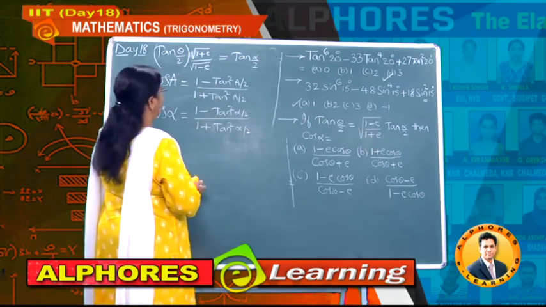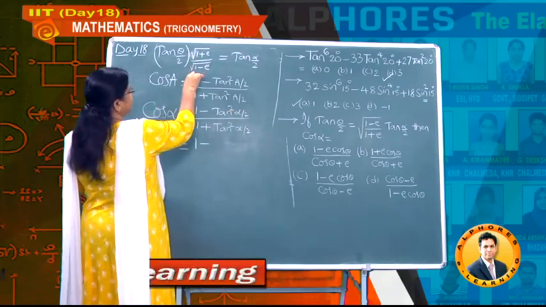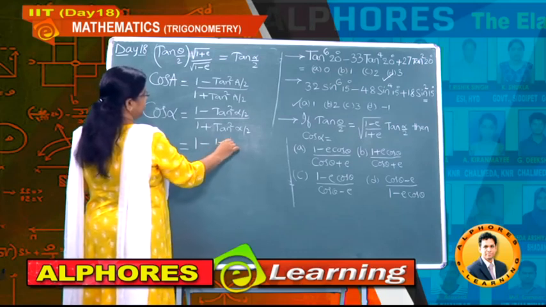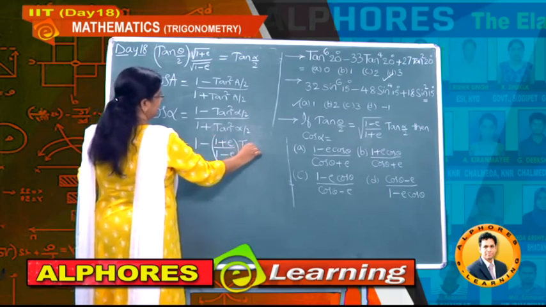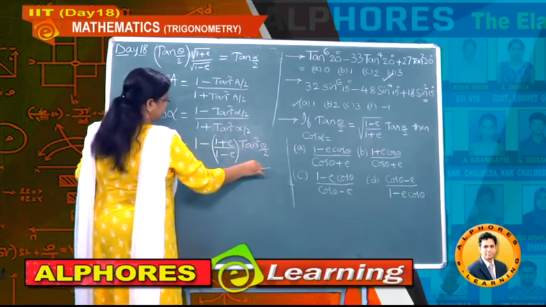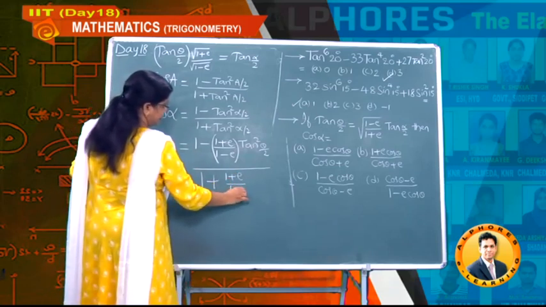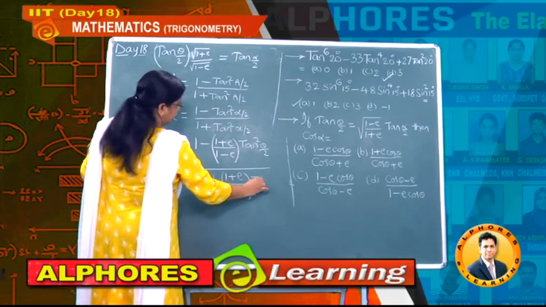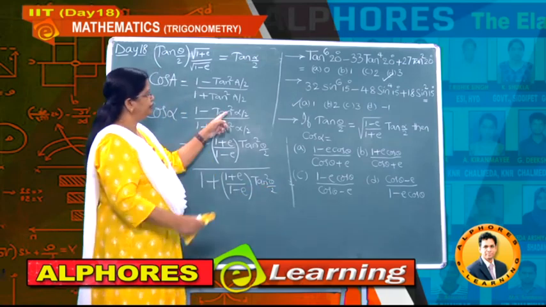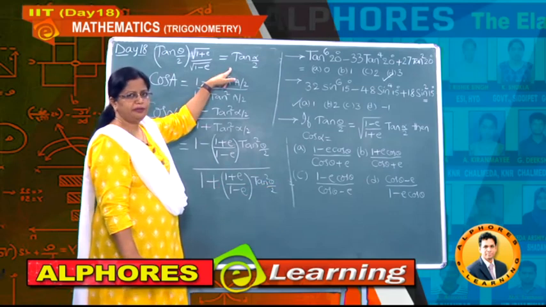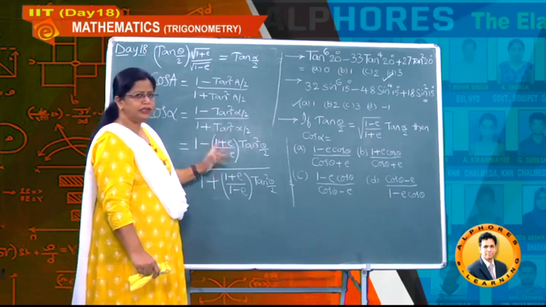Okay. Then what will happen? It is equal to 1 minus, there is a square here, so the square root is removed. Therefore 1 plus e divided by 1 minus e, and into how much students? It is tan square theta by 2. Okay. In the same way, the denominator is 1 plus 1 plus e divided by 1 minus e into tan square theta by 2. Okay students, what we have done here, wherever tan alpha by 2 is there, we have substituted it from the data, and as tan square is there, the square root is eliminated, and we got this result.